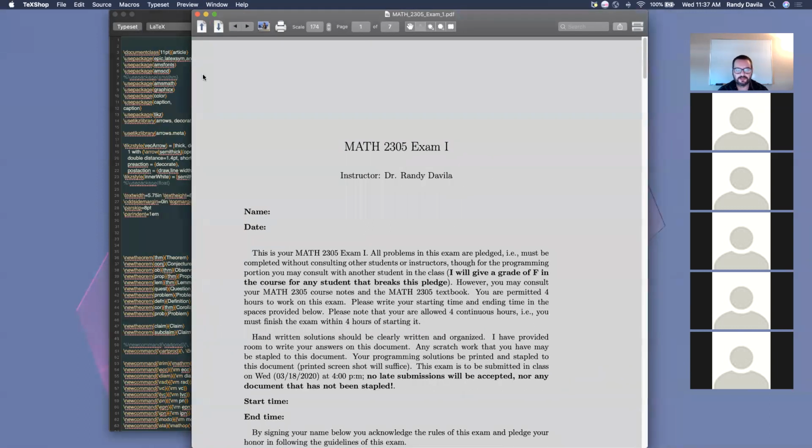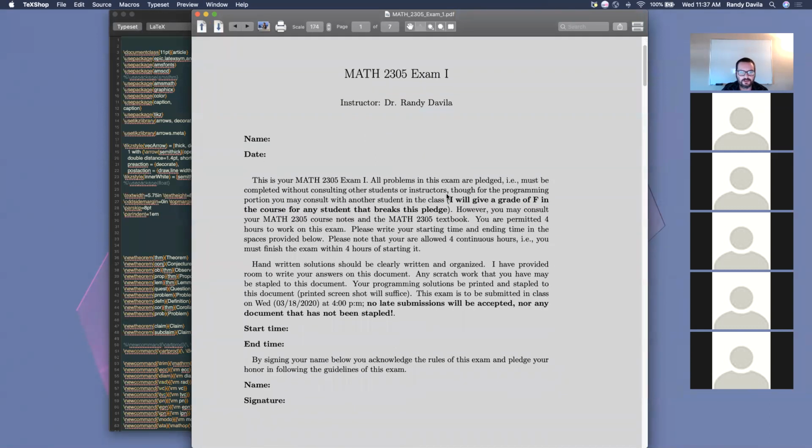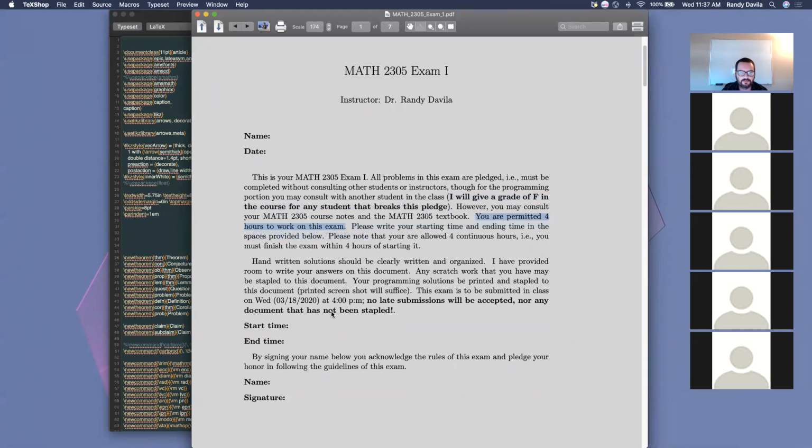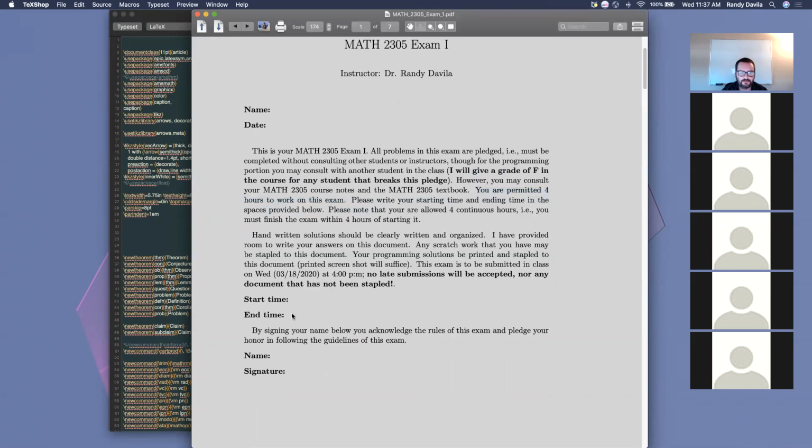This is an exam I gave to my students in the spring. So notice here that there's a pledge right here that I want all of you to follow. You're allowed to use your notes and the textbook, but you're not allowed to talk to anyone else. And you're permitted 4 continuous hours to work on the exam. You have your start time and your end time here, and then you print your name and sign your name saying that you acknowledge that you followed the rules, being that you didn't talk to anyone else. I'm trusting all of you